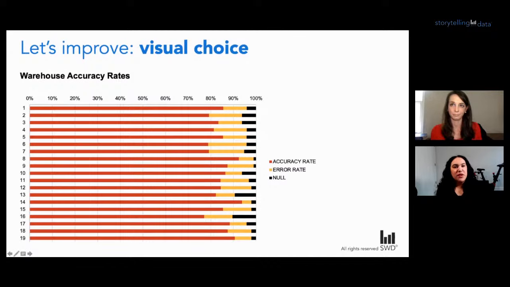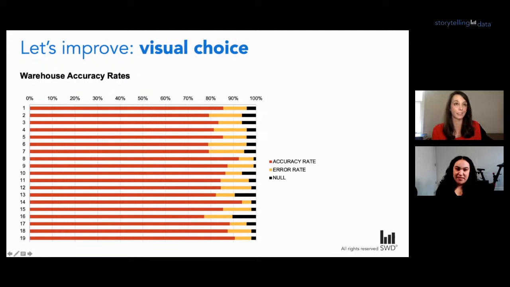So there are some votes for subsetting the data further. Instead of showing 19 warehouses here, maybe we could show something that's a little more even, like top 10, top 5, if we needed to. And I want to just remind everyone that we are already subsetting the data. The full data set itself is 66 warehouses. So the original creator did us a favor by truncating that down so that our eyes weren't drawn everywhere all at once. But more, that does bring up a good point.